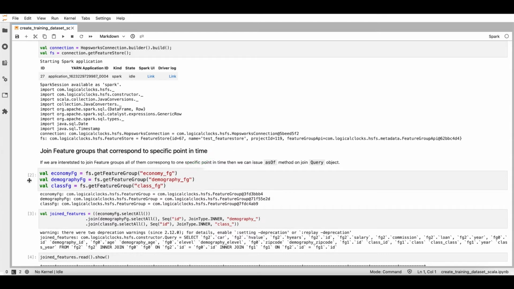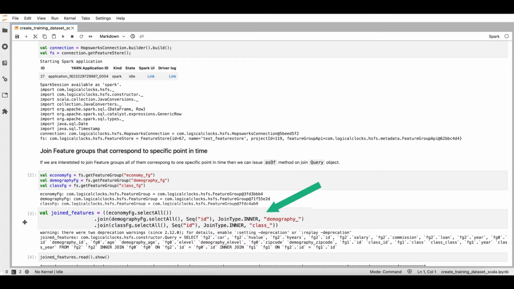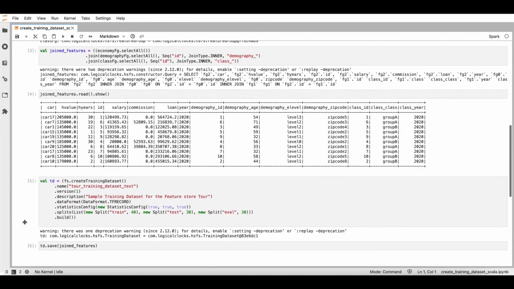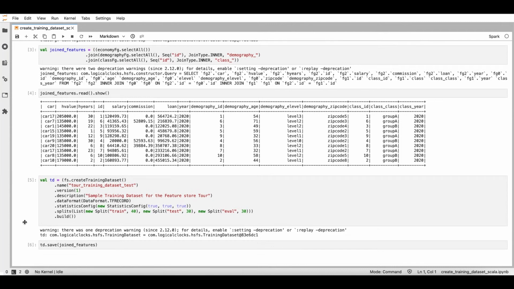Using the Feature Store handle, we are going to get 3 feature groups which we need to create our training datasets. In the next step, we are going to join these feature groups using the Feature Store query object and select which features we want to join from each group. We can preview how the joined data frame looks like, and now we are ready to create our training dataset